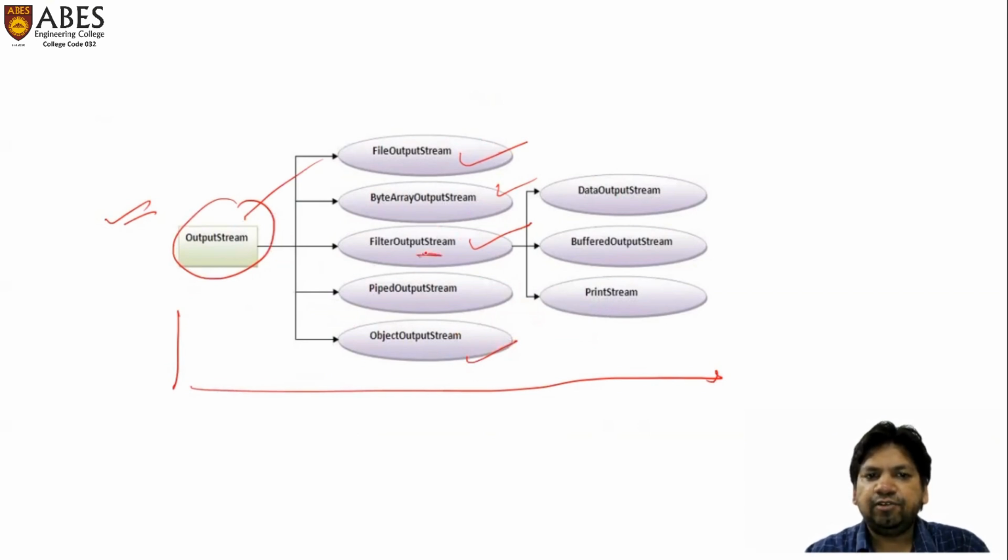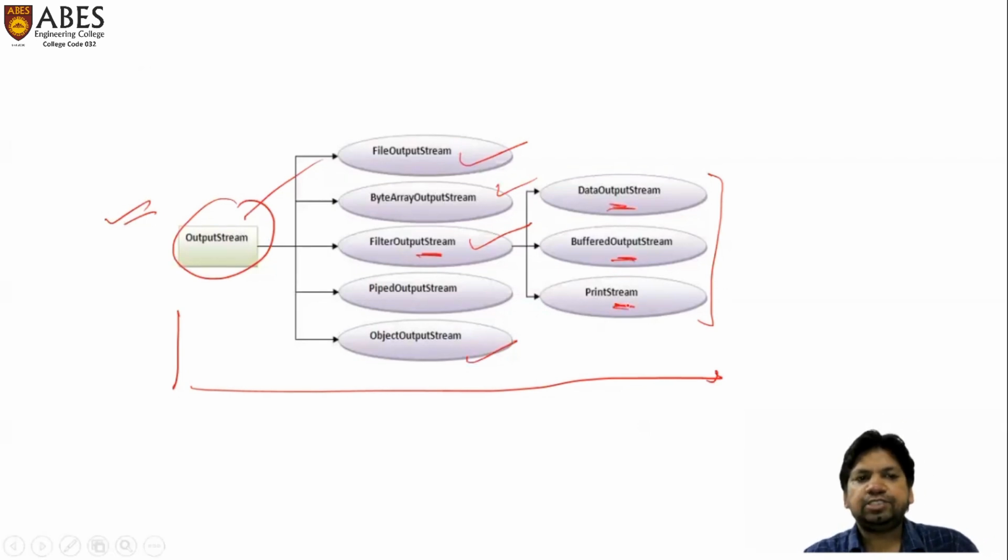Then the FilterOutputStream is divided into three parts: the DataOutputStream, BufferedOutputStream, and PrintStream. So you can see the complete picture of the output stream: it is divided into FileOutputStream, ByteArrayOutputStream, PipedOutputStream, ObjectOutputStream. But further, the FilterOutputStream we can divide into three parts: DataOutputStream, BufferedOutputStream, and